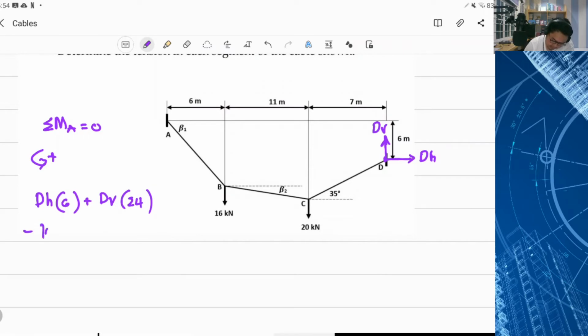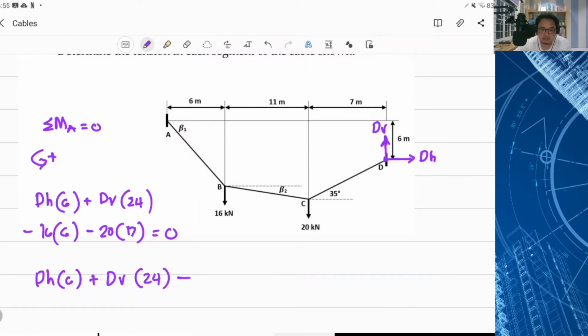Minus 16 times 6, minus 20 times 6 plus 11, 17, equals 0. So DH times 6 plus DV times 24